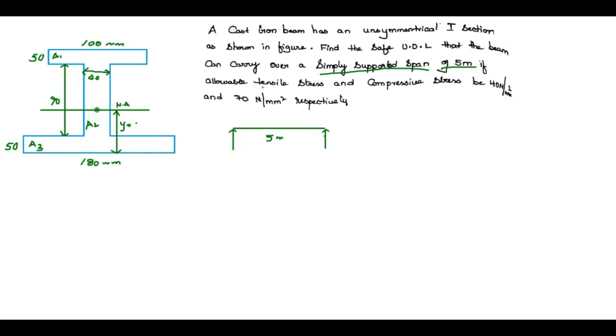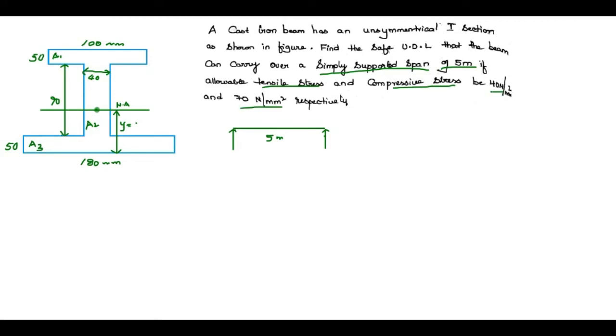Yes, an unsymmetrical I section is the cross section of this particular beam. Okay, simply supported beam. Now the maximum stress in tension and compression is given as 40 and 70 respectively